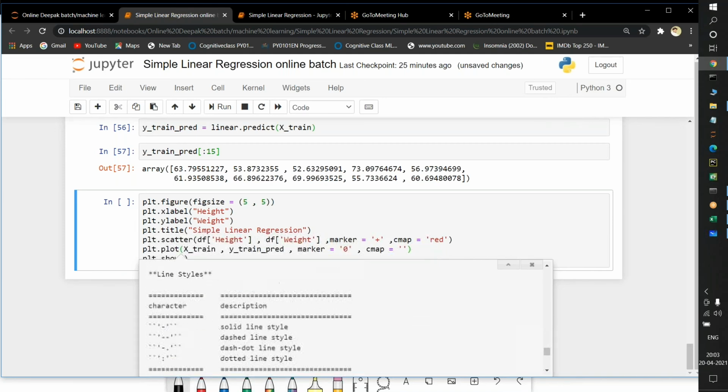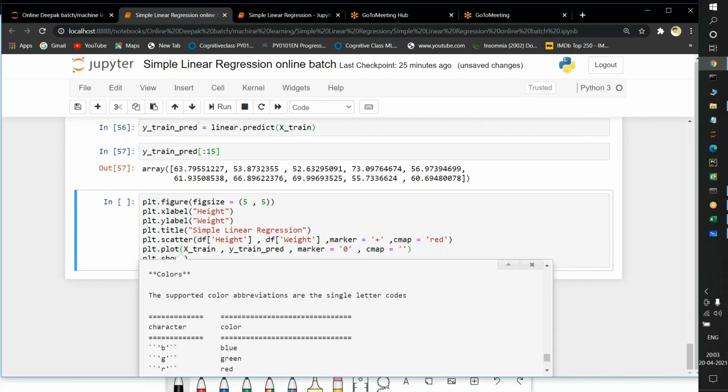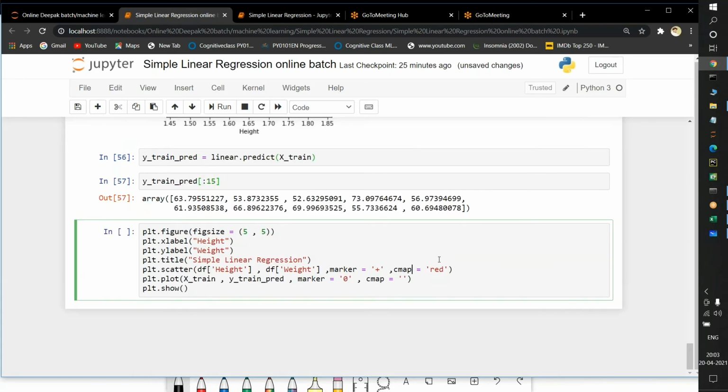Marker, this is the marker, this is line, shades, colors. Okay, sorry, instead of cmap we need to pass color. That's why it is not getting the red color. cmap is mostly used in heat maps, where we can pass vmin value, vmax value. We will discuss that also, no problem. I am passing blue here.